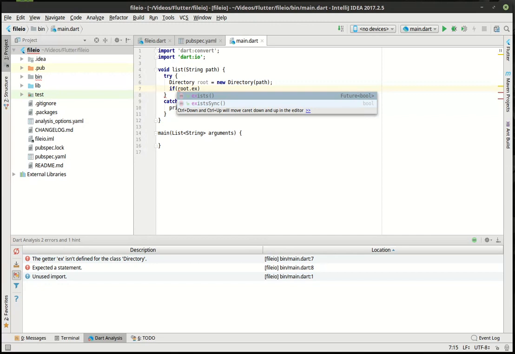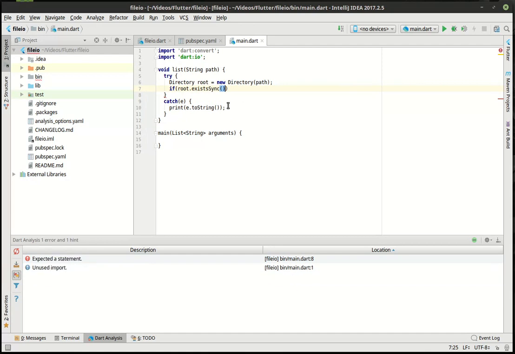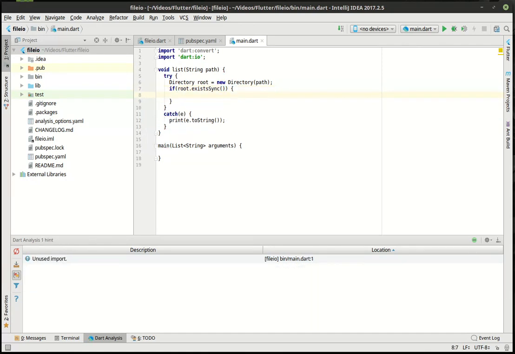This is kind of the crux of the I/O portion of Dart. I/O is asynchronous. So what they've done is they put some helper functions in here that help you call this synchronously. So instead of doing exists and then messing around with await and then and futures and all that, we're just going to do these sync and let them do all the heavy lifting for us. So if it exists, then